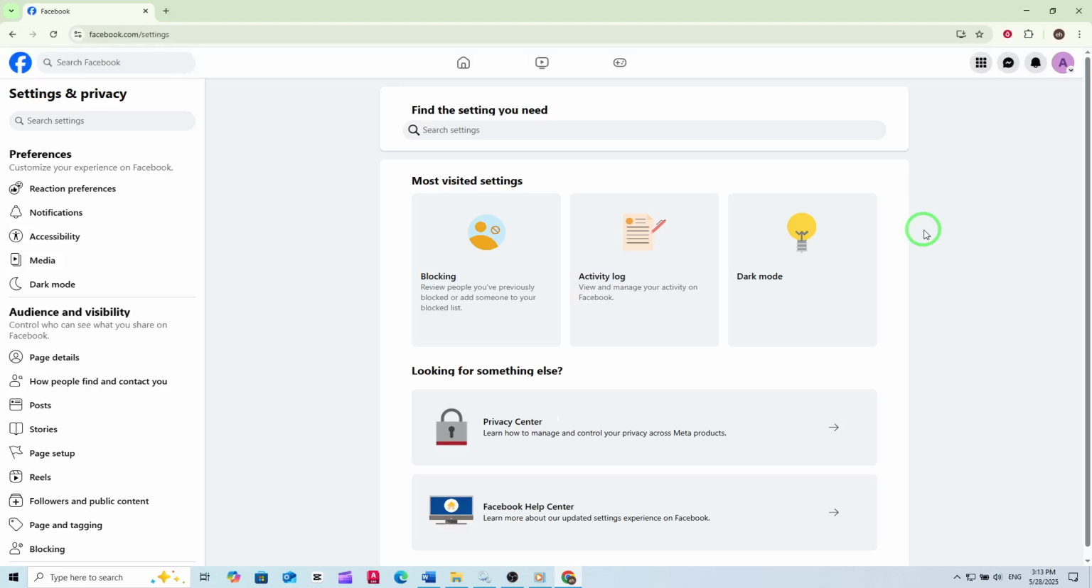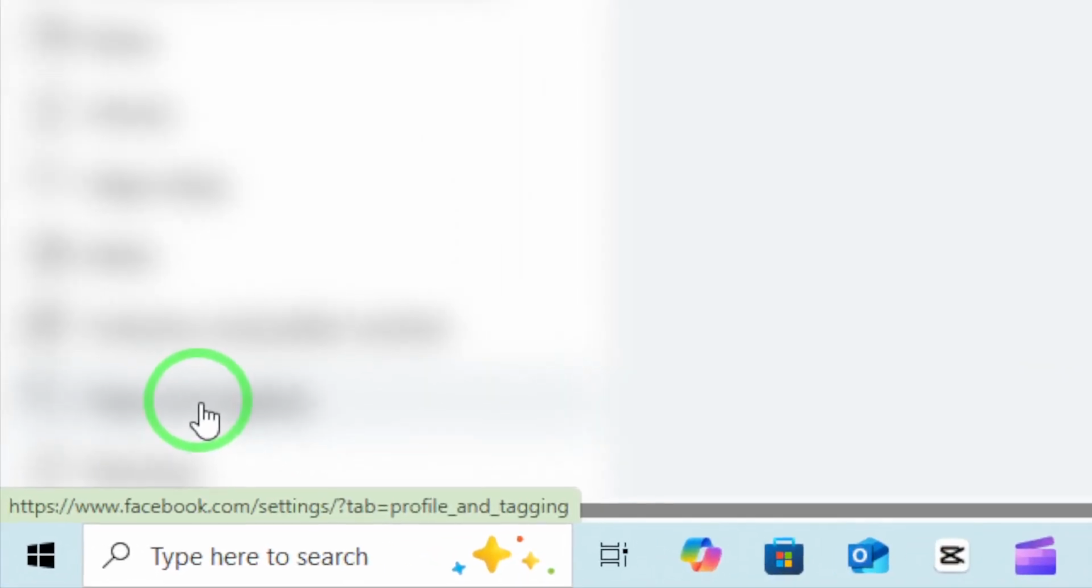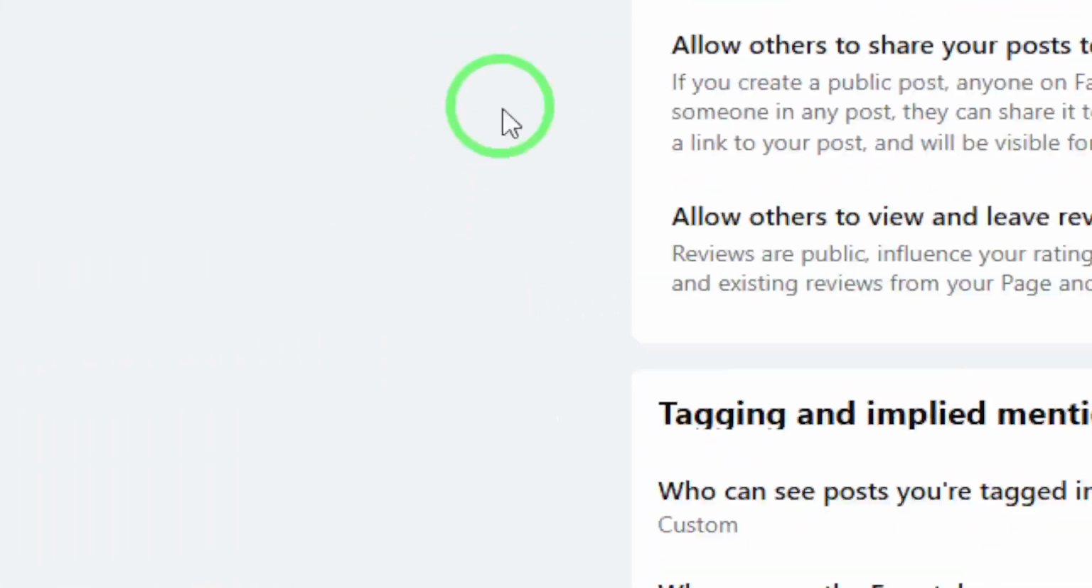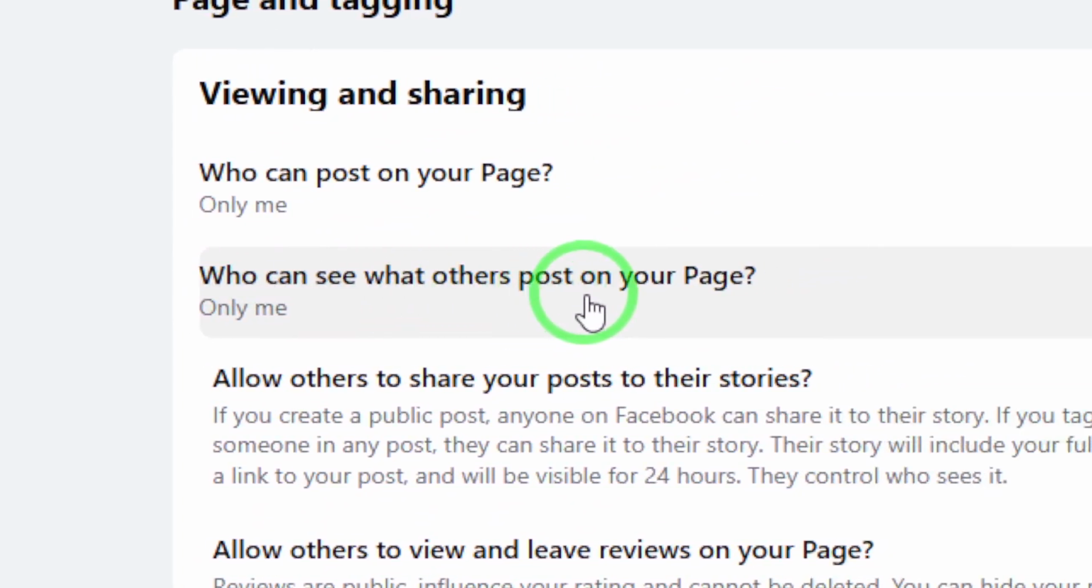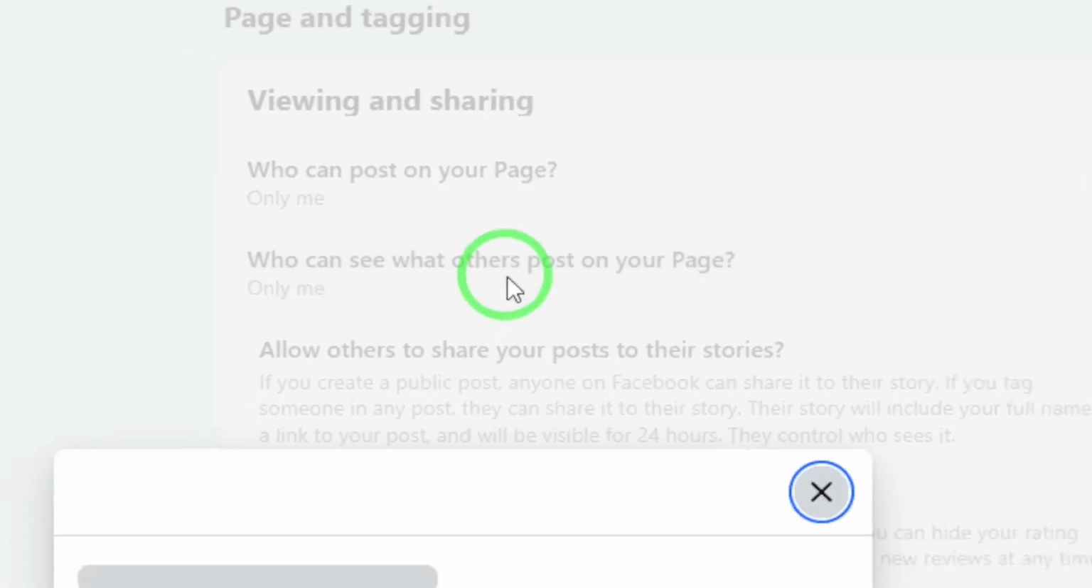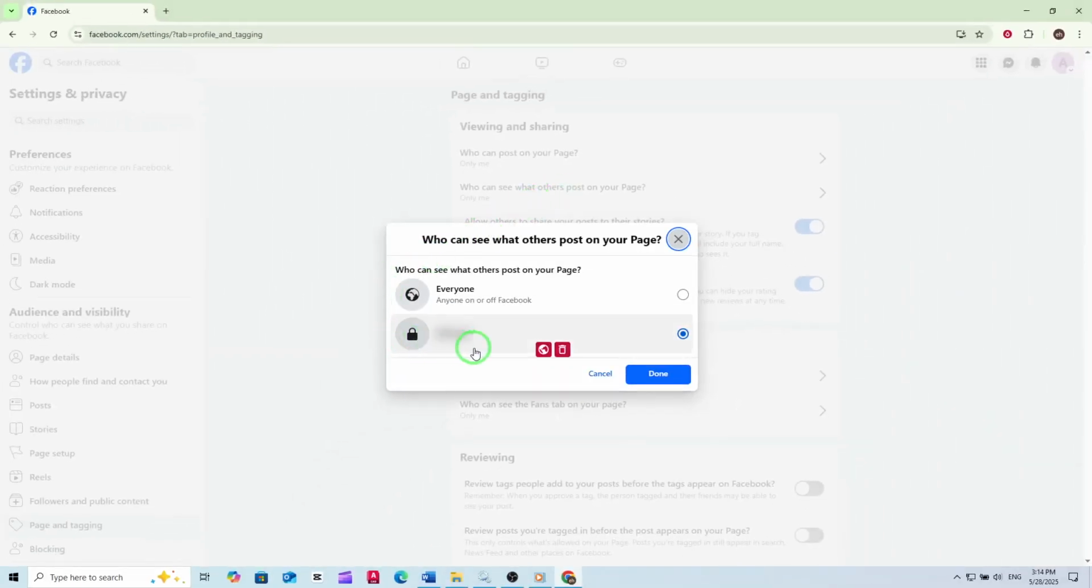Scroll down until you see Page and Tagging. Click on it, and you'll find several options related to how people interact with your page. Look for the section that says, "Who can see what others post on your page?" Here's the important part. You'll see a few choices, but to make sure everyone can see posts from others, select